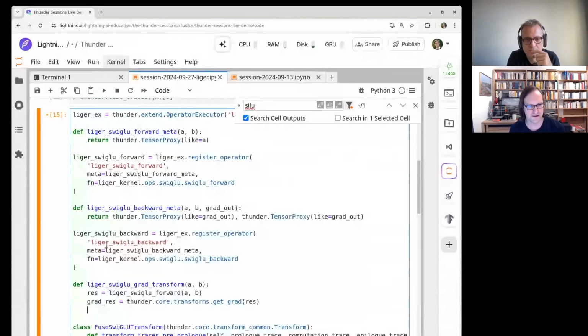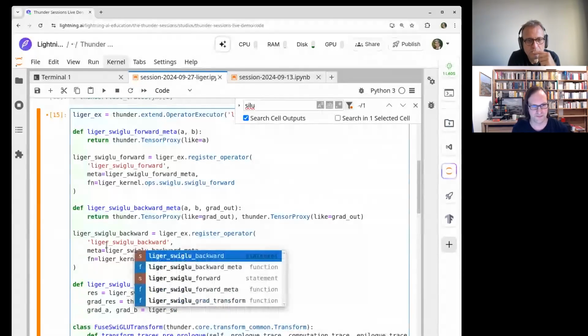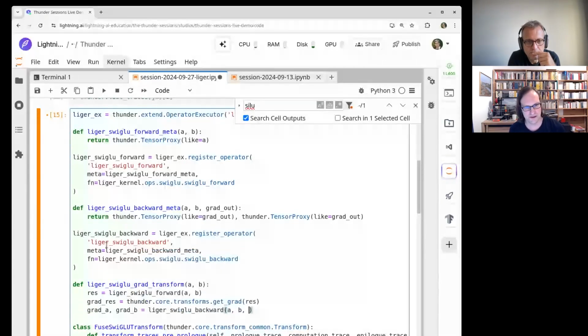So the grad A and grad B will be Liger swiglu backward of A, B, and grad of the result.